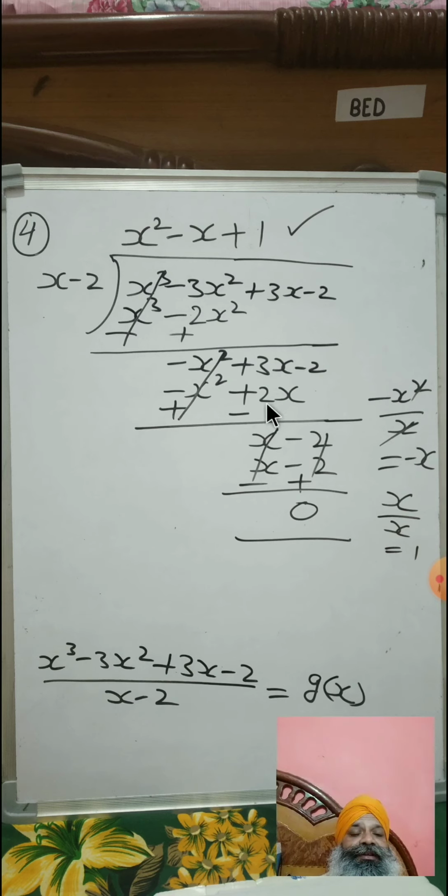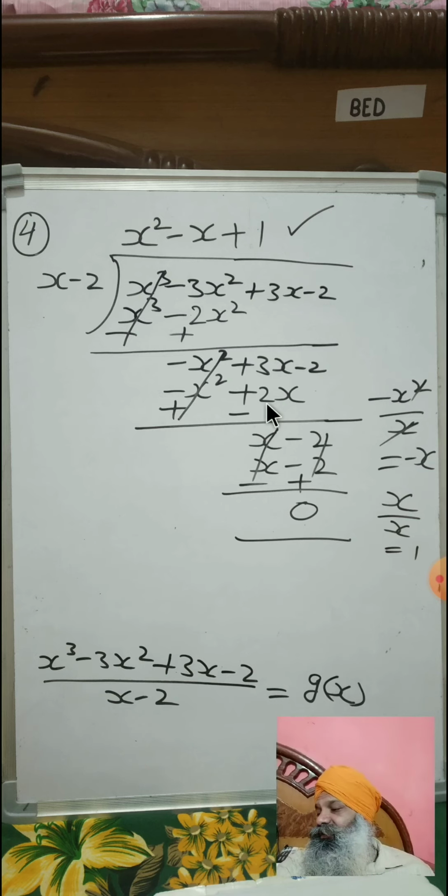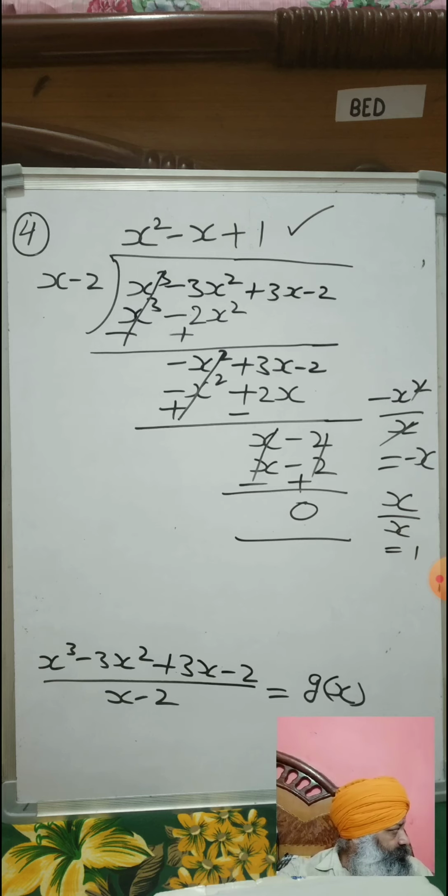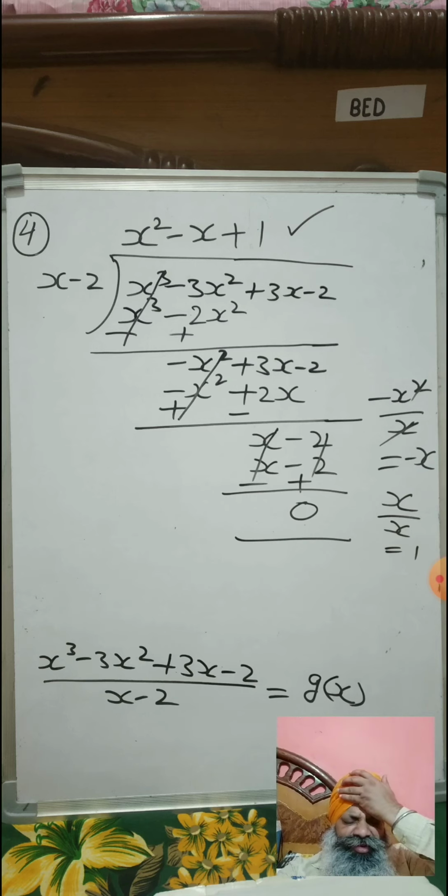So that's all. This is the fourth sum of exercise 2.3. Now we have done all the sums of chapter 1, real numbers, and the chapter on polynomials. I hope you have understood all the sums which I solved for you, which I shot for you in the last videos.